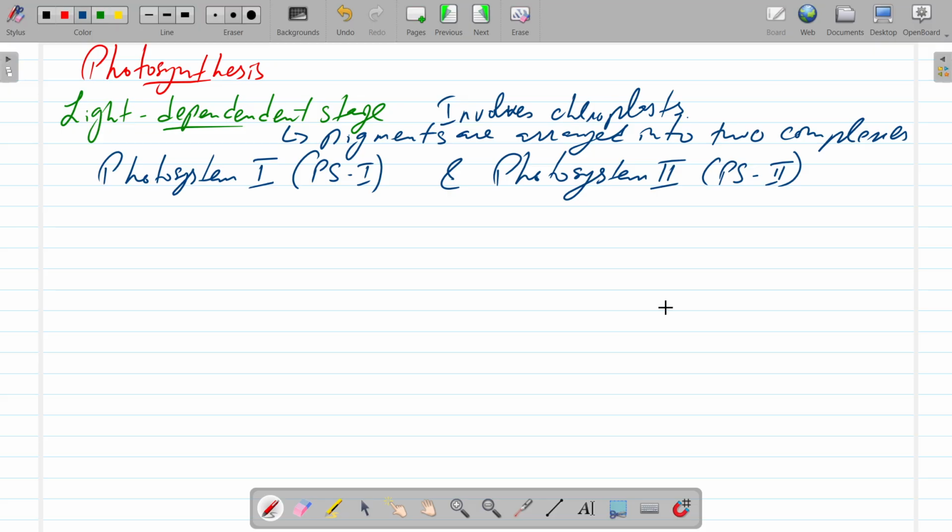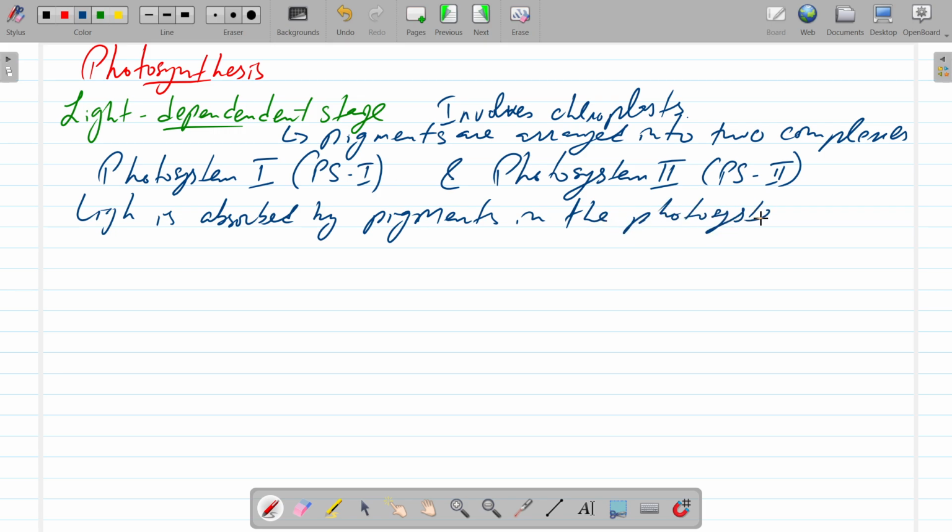What's happening is that in either of these, in the light dependent stage, light is absorbed by the pigments in the photosystem and used to